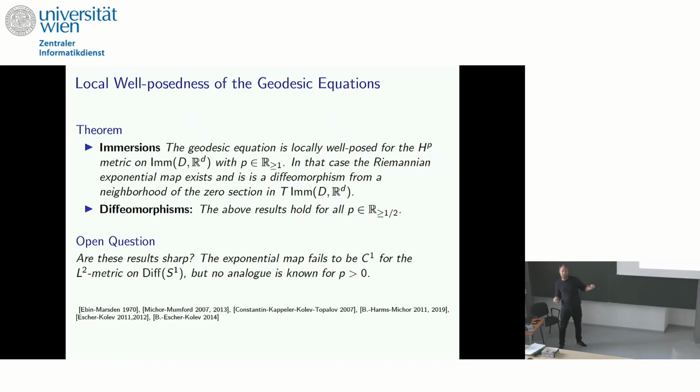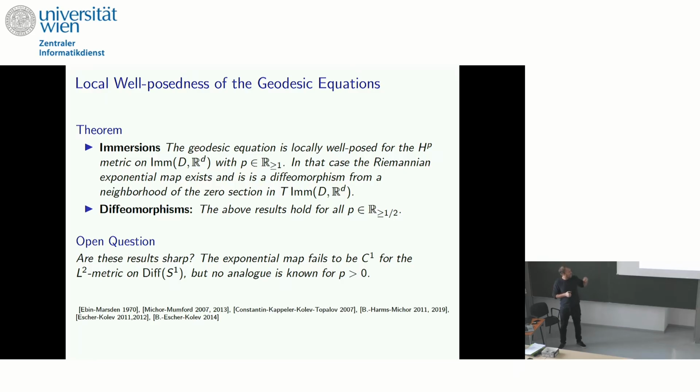It's different on diffeomorphisms and on immersions. On immersions, you need order 1. On diffeomorphisms, you need only order 1/2 of the metric. But as long as you have this, everything is fine. We don't want to go below 1/2, and I think we also don't want to go below 1. So I don't really care how sharp these results are.